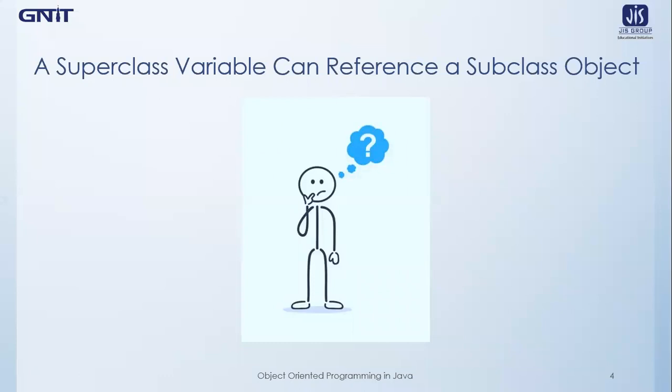So the three ways we have learned today in order to implement this concept, a superclass variable can reference a subclass object. This concept along with method overriding is very much useful in order to implement the concept of runtime polymorphism in Java. You have already learned about the compile time polymorphism while learning the method overloading concept. The only other part which is remaining in case of polymorphism is the dynamic one. You have already learned about the static one, which is the compile time polymorphism. Now we will learn the dynamic polymorphism, which can be implemented by using this concept along with the method overriding concept.